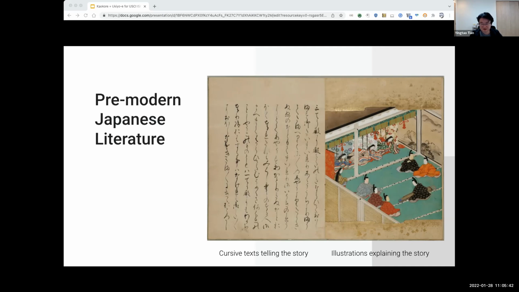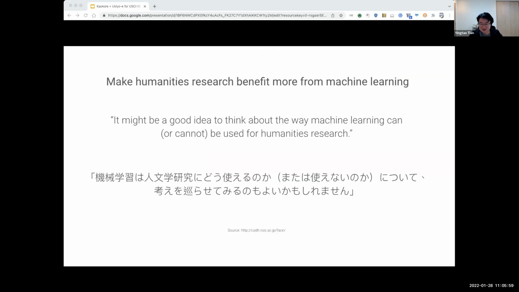This kind of art form provides valuable material for the study of Japanese art history because it offers different multimodal approaches and angles that can be used in understanding this artwork. Recently, what we want to explore here is how to make humanities research benefit more from machine learning. The reason we want to do that is that